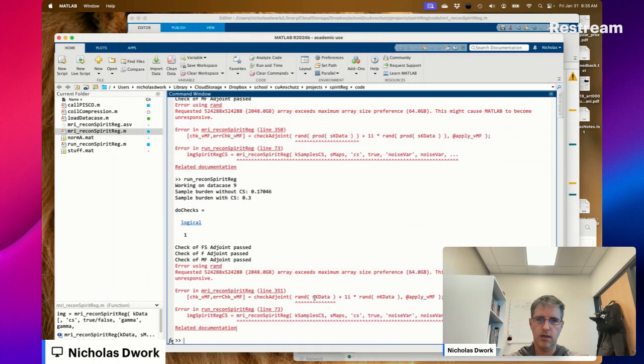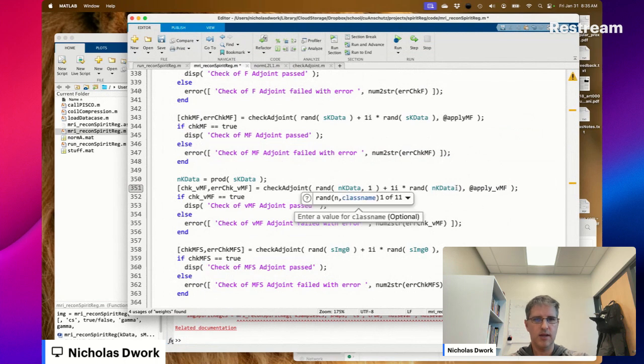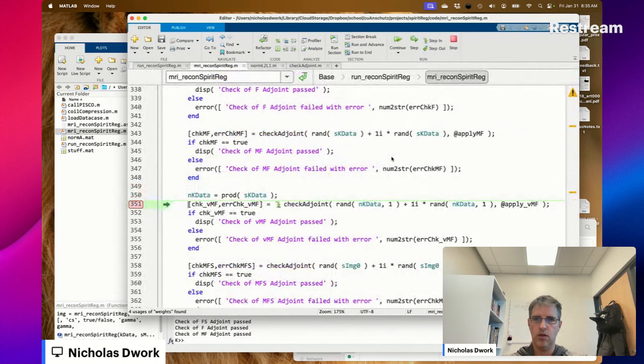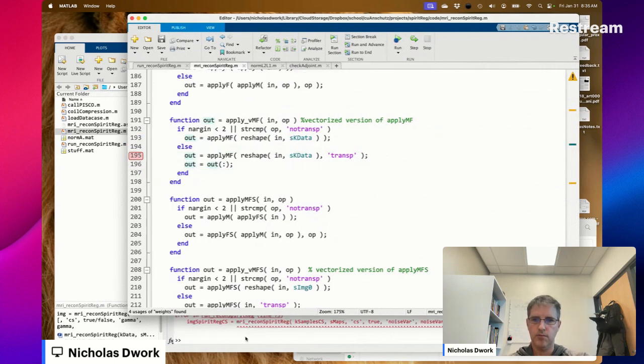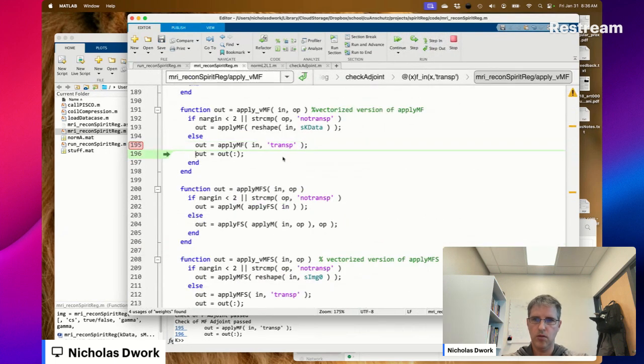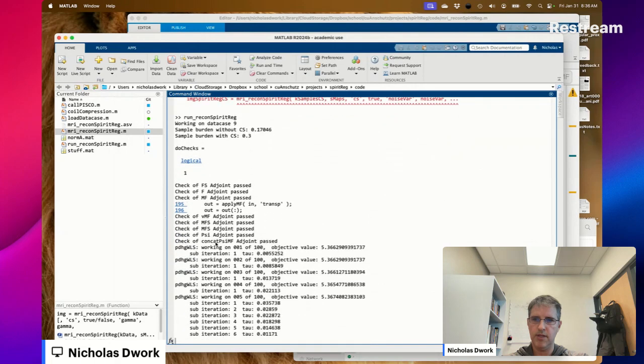Why? Oh, okay. Right. Actually, this doesn't need a reshape, does it? Okay. MFS, MFS. That doesn't seem right.